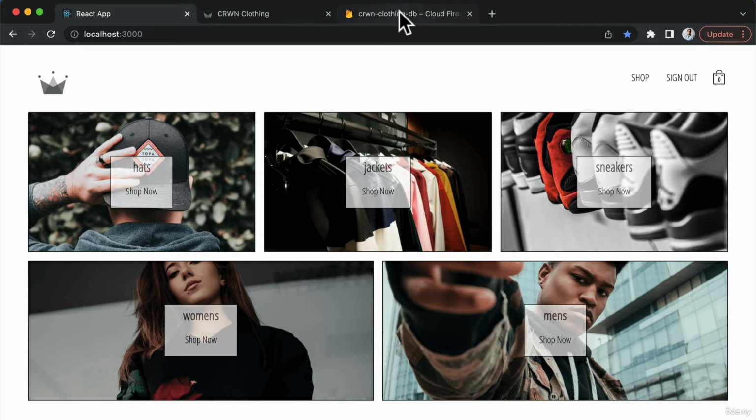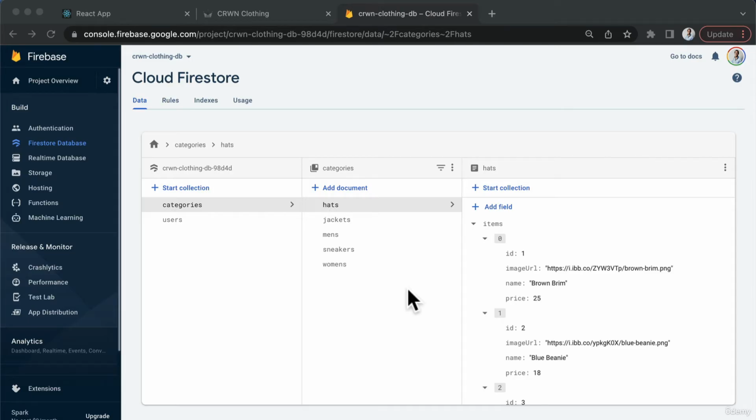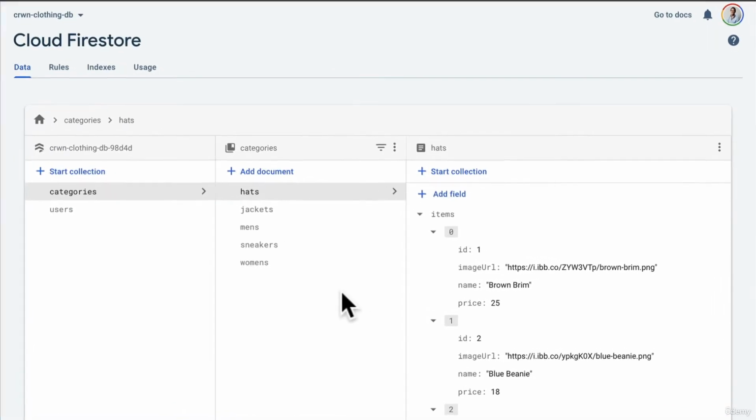To begin with, though, there's a couple things that I want to discuss with you. When you look inside of my database right now in Firestore, I've currently got these categories just to show you what the final result that we're moving towards is. So don't worry if yours doesn't have it. Of course it wouldn't because we haven't actually uploaded anything there. But the main reason I want to highlight this to you is because I want to show you the general